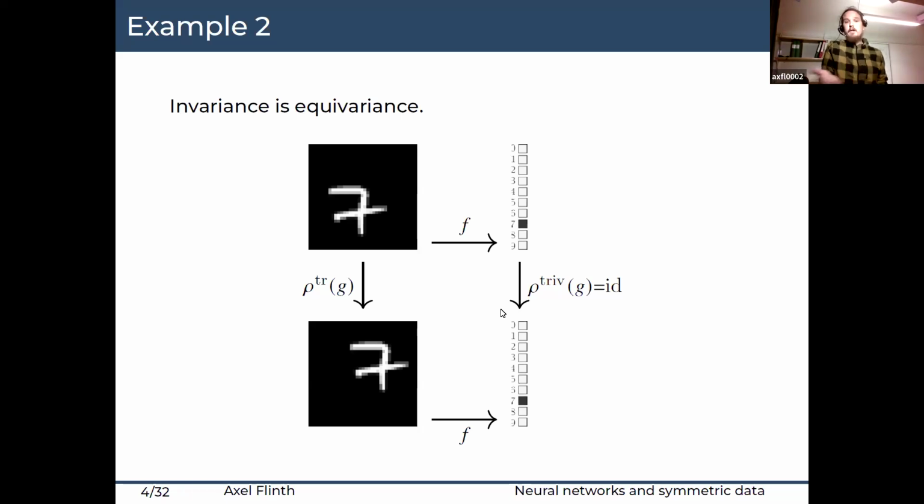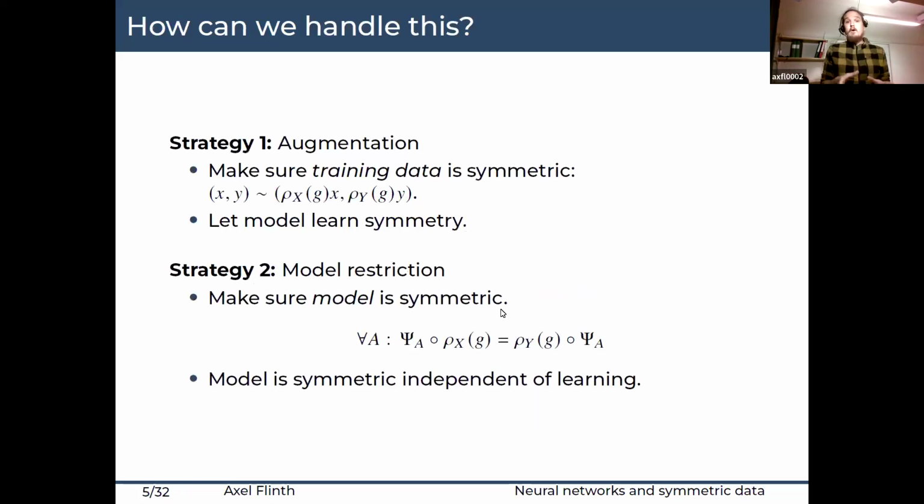Now, let's say that we have a learning task where we know that there is some symmetry like this in the background. The question would then be, how should we handle this? Broadly, we can say that there are 2 meta strategies for this. One is to use data augmentation. I simply make sure that the training data I pour onto my network is symmetric, in the sense that it should be equally likely to see a data point X and a label Y as seeing the transformed example. And then we use our favorite model and try to learn this data, and we, so to speak, let the model learn the symmetry.